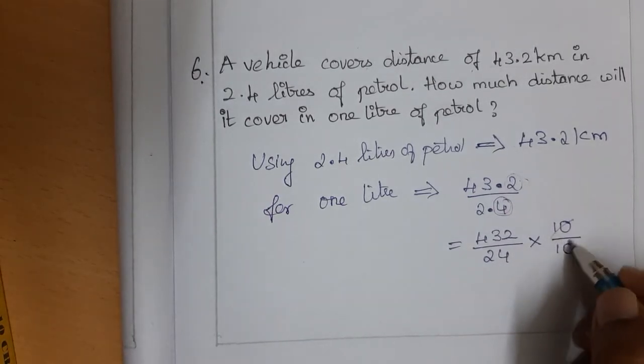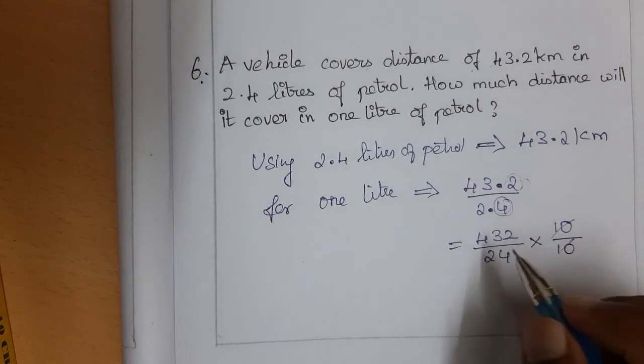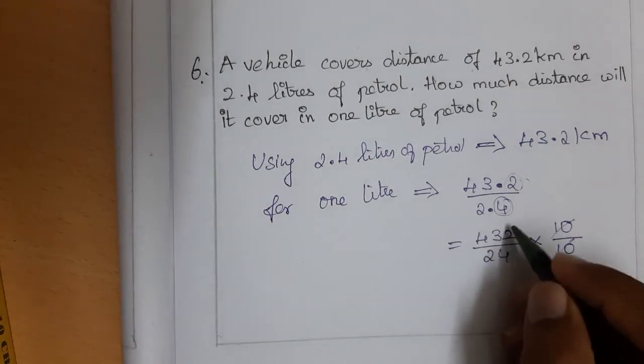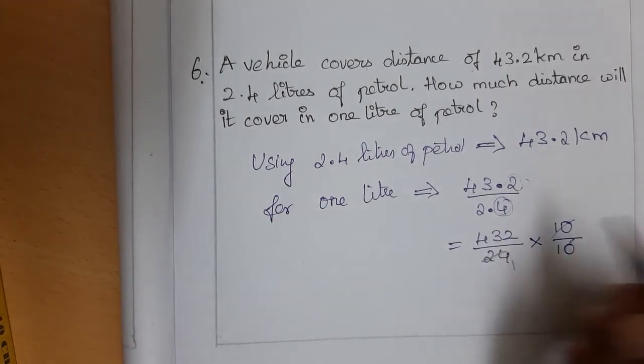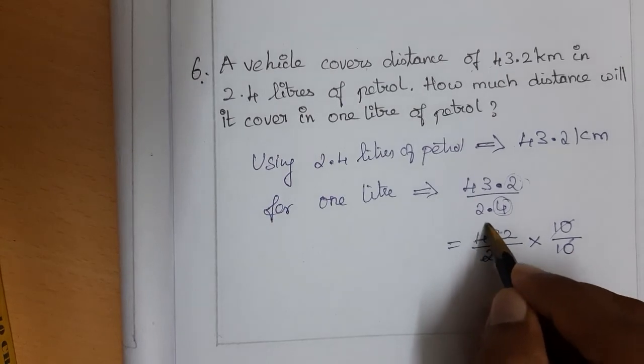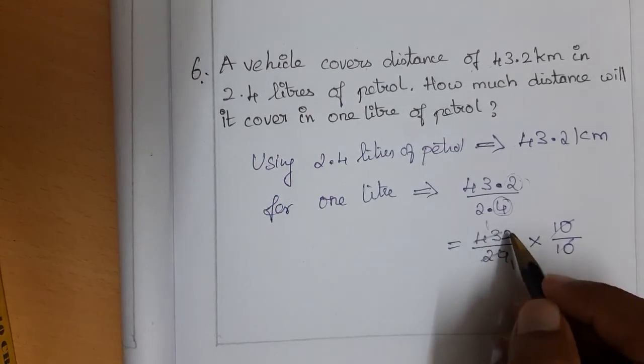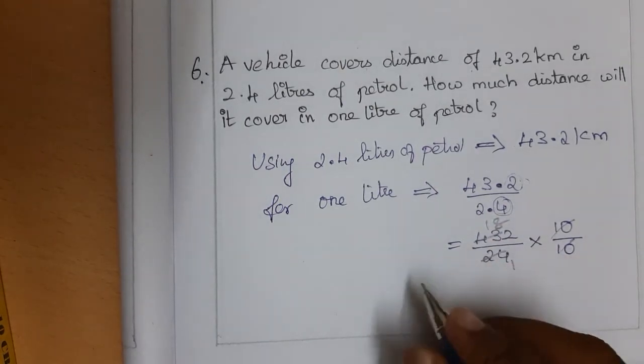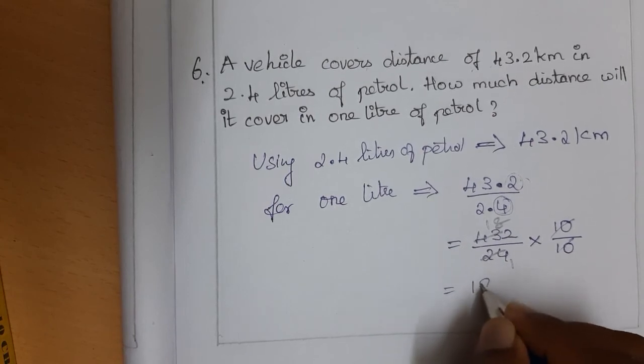So obviously the 10 will be cancelled, and we have to divide only 432 by 24. So how many times will it go? 24 table: 24 for 1 time, 43 will not come 1 time, 24 and balance carried onwards, and for 8 times, 18 times, right? So it will be 18 by 1, just 18